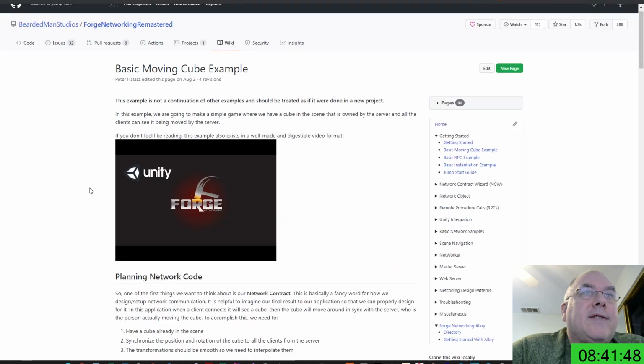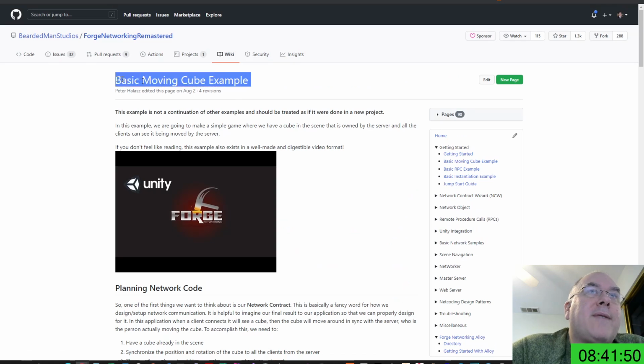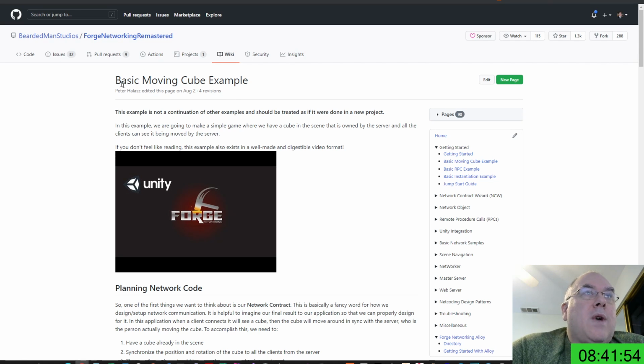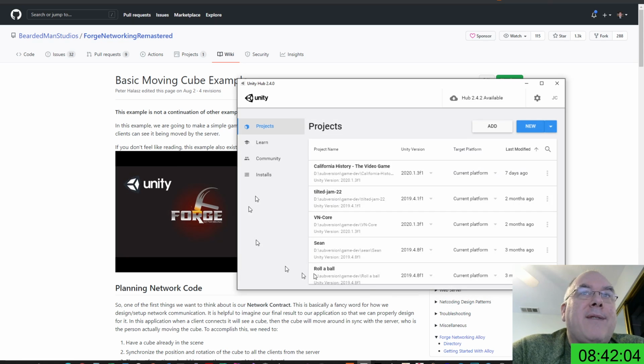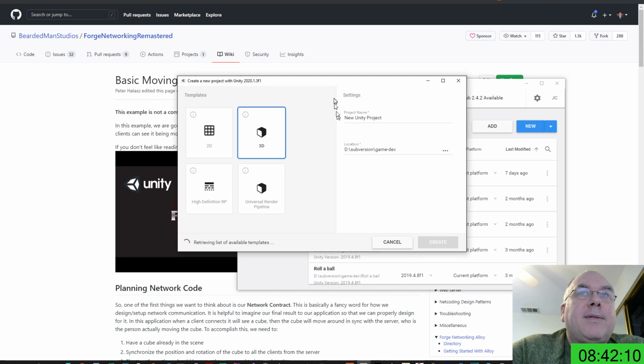So I'm just going to get started here and see how fast I can build this app. I'm going to go through the example, and I want to do it from scratch, so that I capture the whole process here. I already have Unity started, and I'm going to make a new Unity app, and I am going to call it